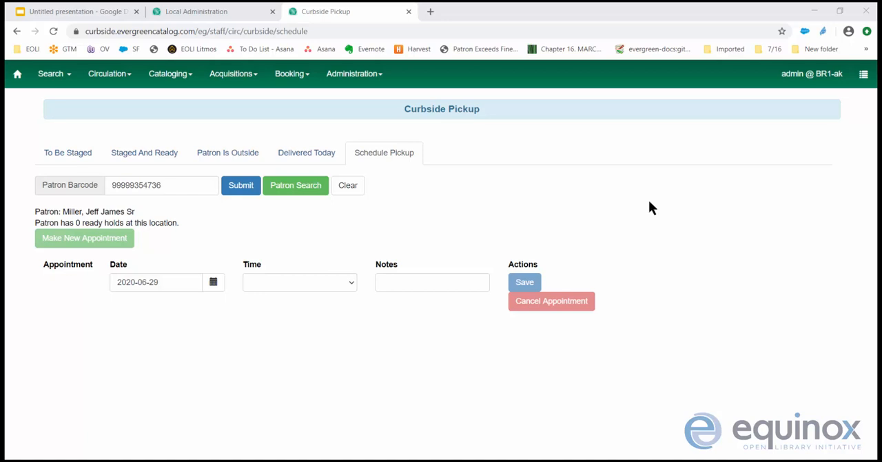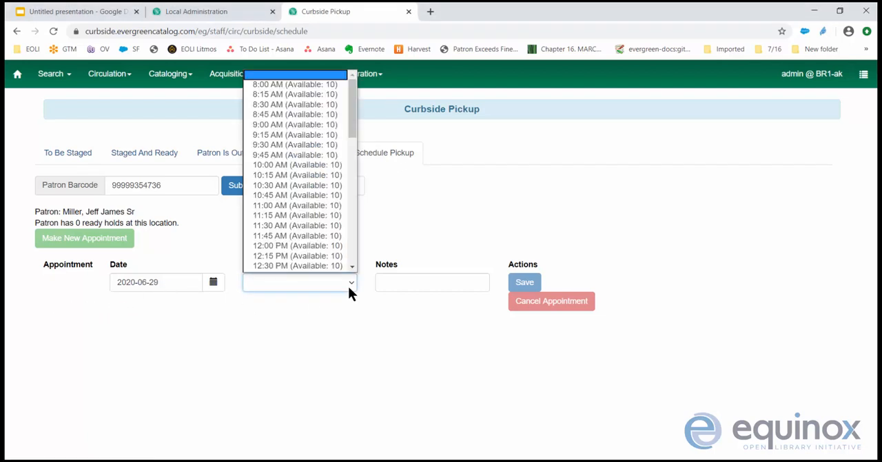Now, to look at some of these settings in use, here we have the Curbside Pickup Staff interface, and we're looking at the Schedule Pickup tab. So this is the interface staff would use to create a new pickup appointment on behalf of a patron. Here we can see the appointment date, and when we look at the time options for the appointment, we see the 15-minute increments starting at 8 a.m. So here, the time interval between curbside appointments is set to 15 minutes, and my library opens, in this case